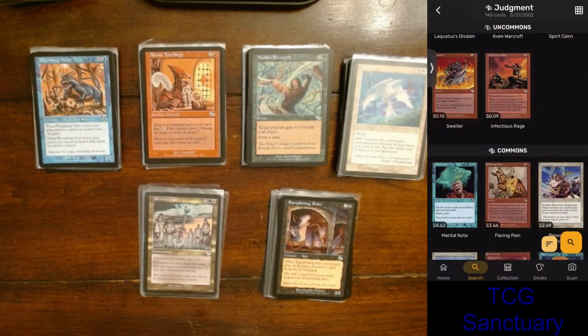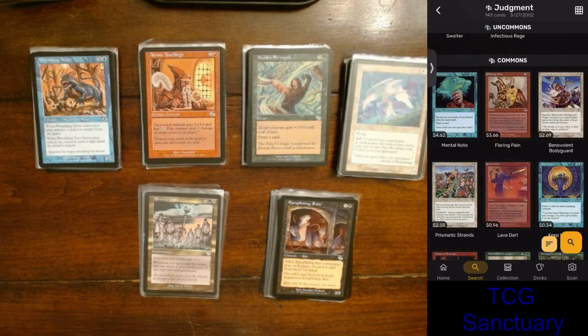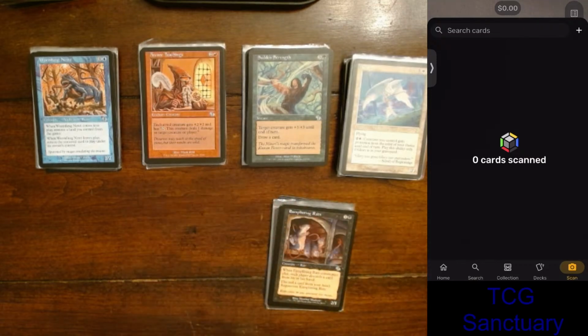And heading down to commons. So nothing super expensive here, but we do have 4 cards over $1: Mental Note, Flaring Pain, Benevolent Bodyguard, and Prismatic Strands. Actually, with as many cards as we have in here, we might have a few of those. And they are commons. So let's go ahead and get started scanning. Actually, let's just start with